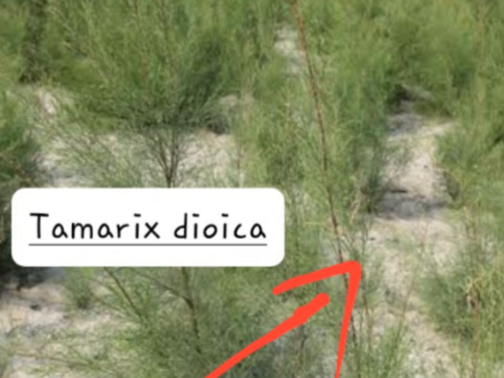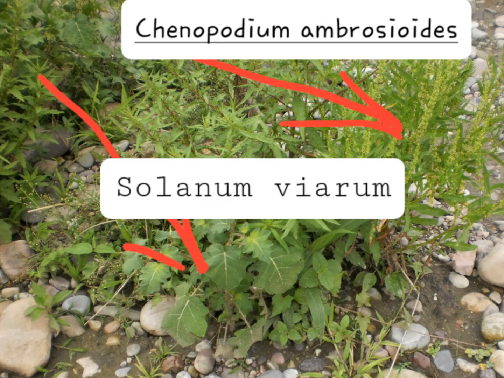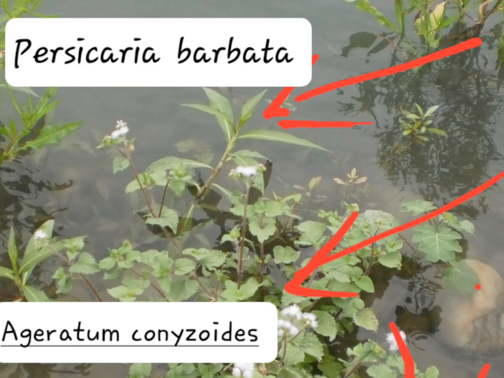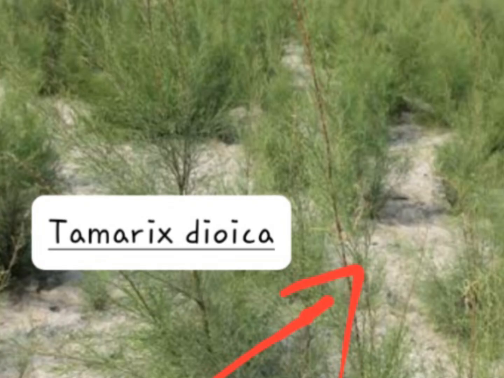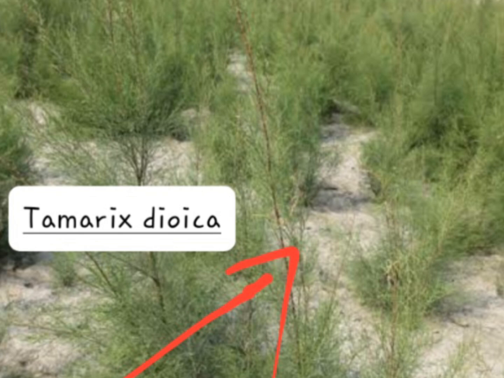Sometimes it grows as a small tree, depending on the habitat. So you see here is the succession from the small, weedy plants. You see the blue-purplish flower is Ageratum conyzoides, and Persicaria barbata, starting from the herbaceous plants, and then you see gradually the succession starts, and you see the Tamarix population is a small shrubby plant, or up to tree-like, and the last stage in the succession is the climax, where there is the large